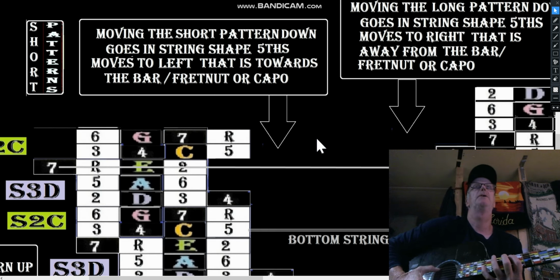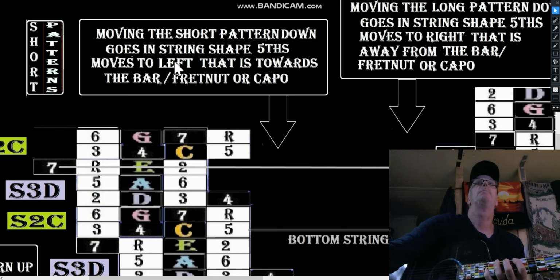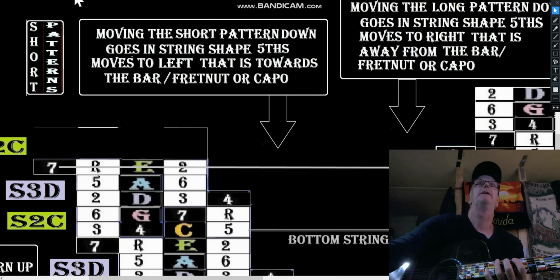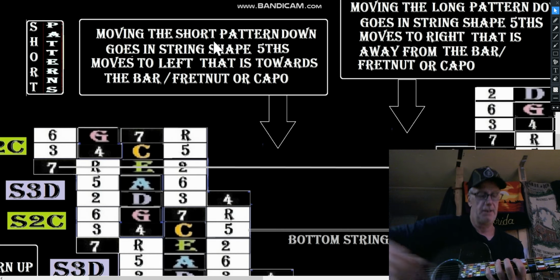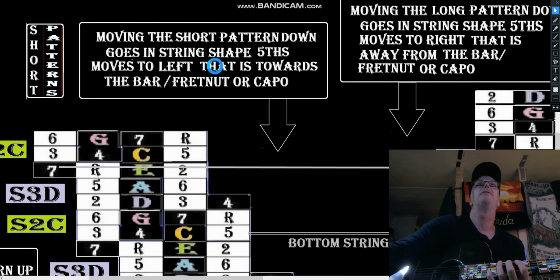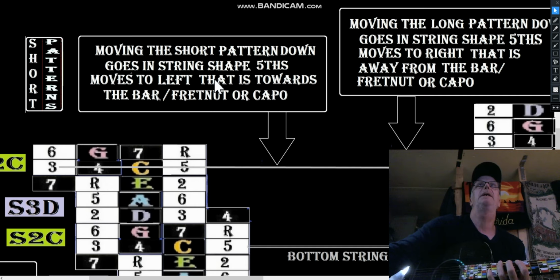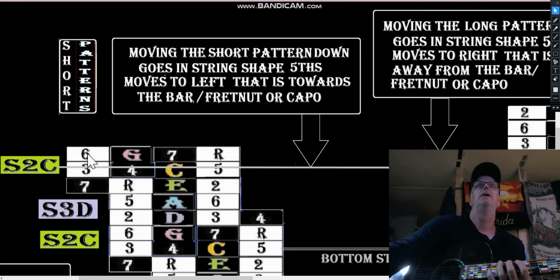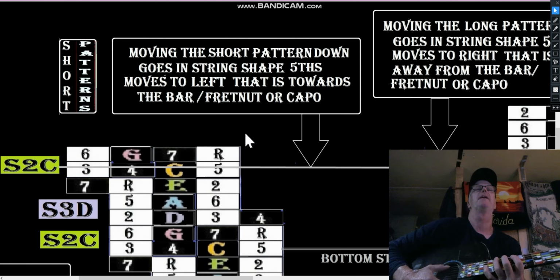Okay, so the pattern moved down like that. Now we still have the pattern warped over, but I didn't fall for it. So we move it down again, the 5th of B, and that's good for people who like to play in B. I'd like to show you something on the long patterns with that, if we don't get off the short